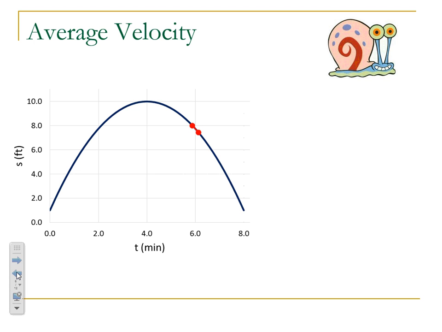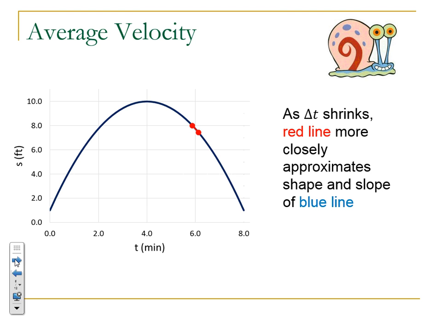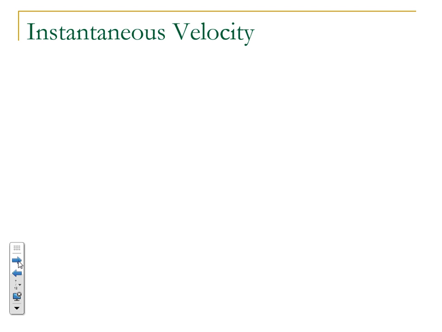And you can see as this time period gets smaller and smaller, the red line then appears to coincide with the blue line. And so what we can say then is as this delta t shrinks, the red line more closely approximates the shape and slope of the blue line. And we can keep going, and we can actually shrink our time period to 0, which would define just a point, and so then we could define a velocity at a single point,